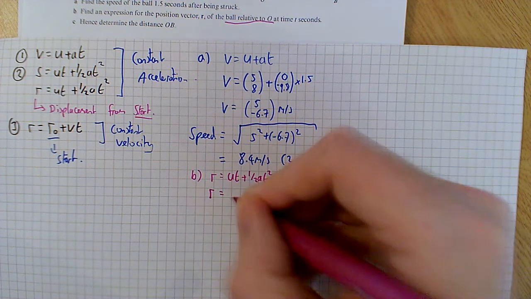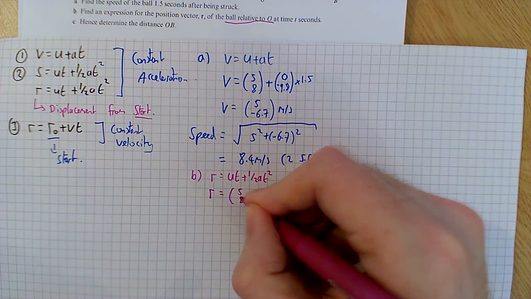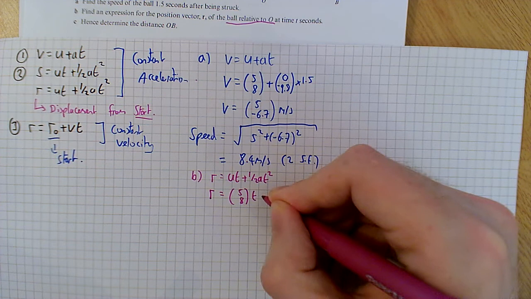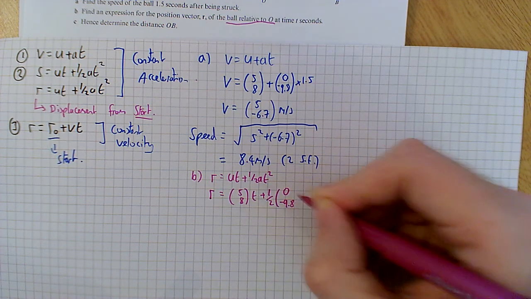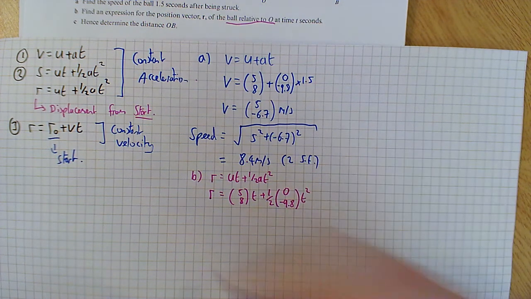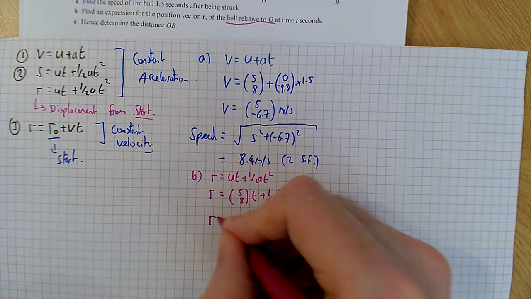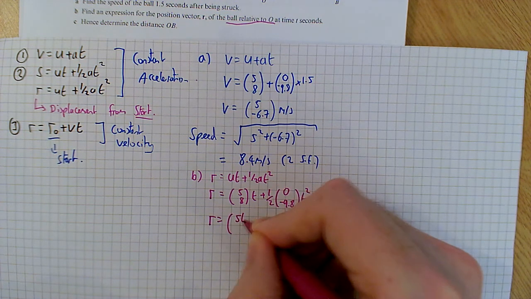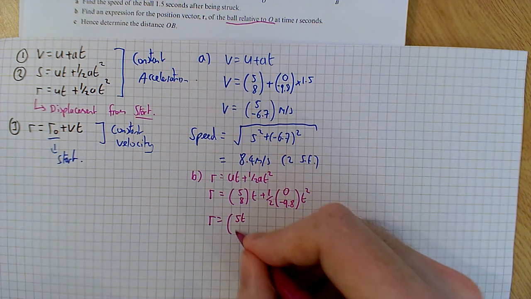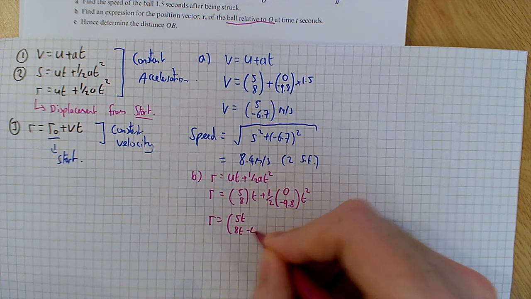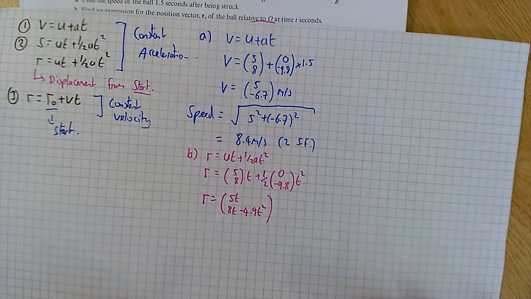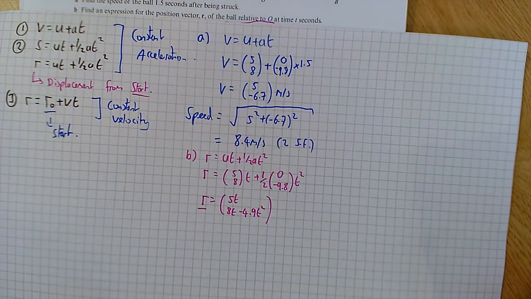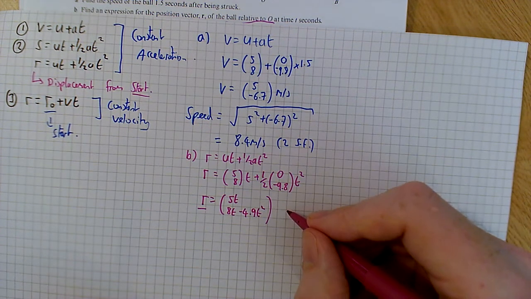So this is r equals u, which is (5, 8), t plus 1/2 (0, minus 9.8) t squared. So this is r equals (5t, 8t minus 4.9t squared). Okay, that's the position after t seconds of our ball, but this is relative